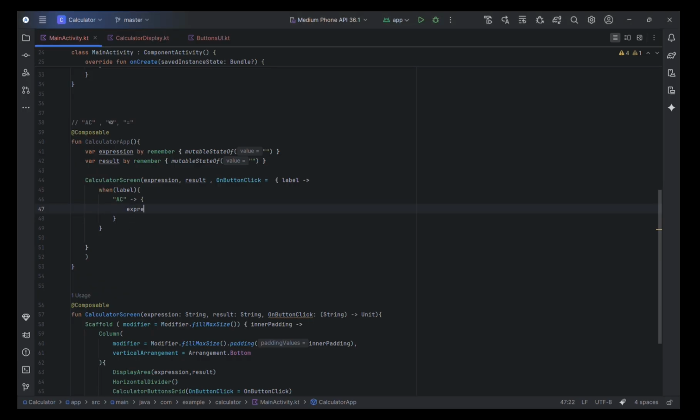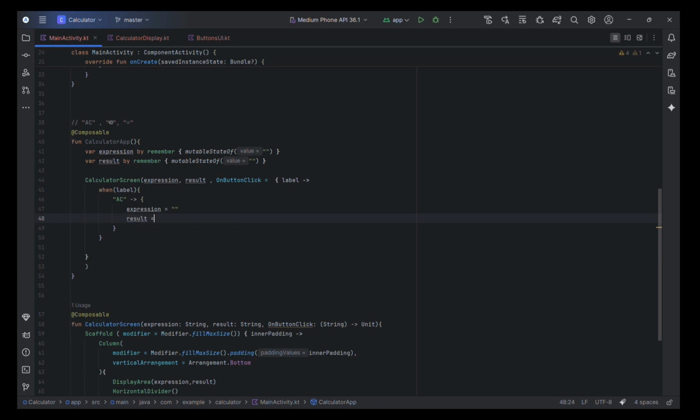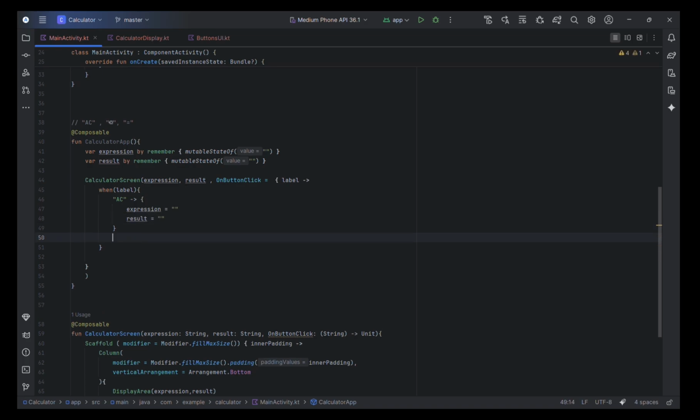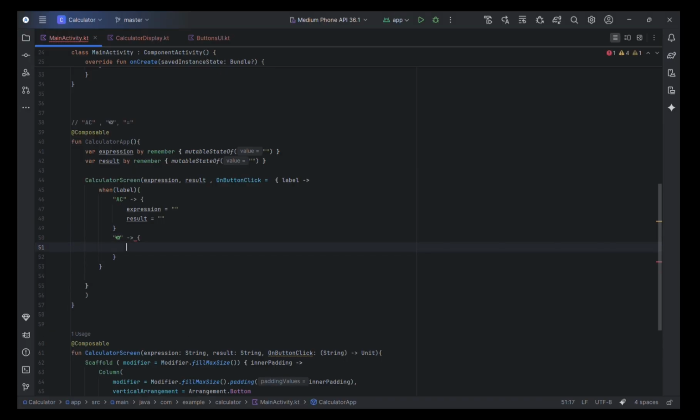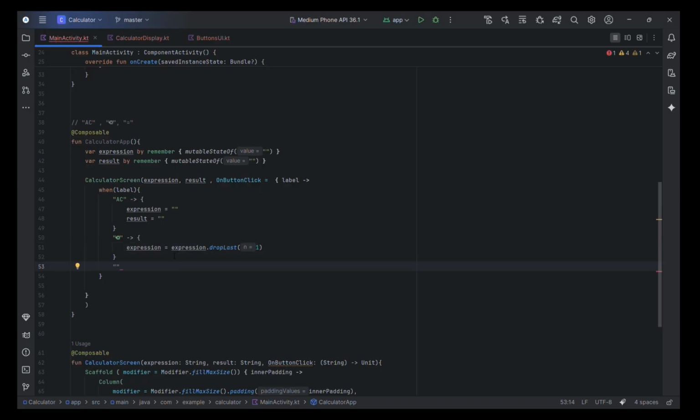It would just clean up the expression and the result. And the next would be this symbol, which would drop the last item for the expression. Drop last one character and equal sign,